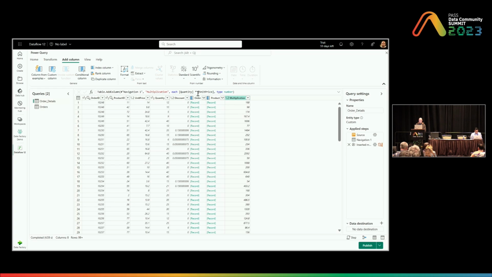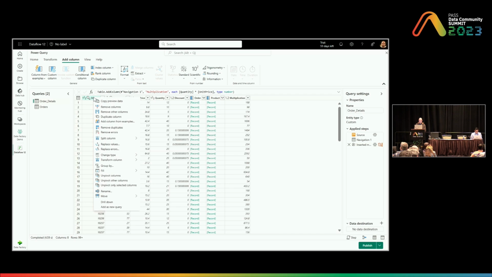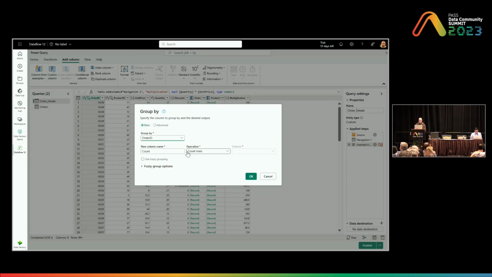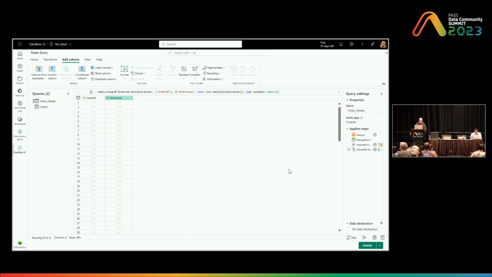Now that I've inserted the multiplication, I'm going to go and do an aggregate. So I'm going to go do order ID, and I'm going to do a group by operation over that. And I'm going to call that the order total, which is going to be the sum of the column that we just created, which is called multiplication. Okay, and now that we have the total for each of the orders,